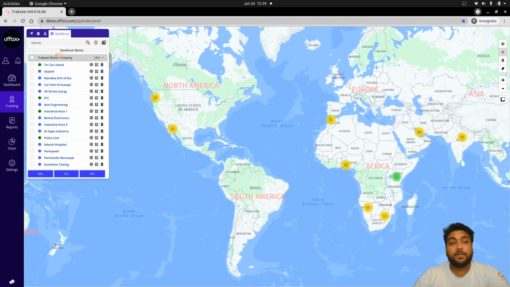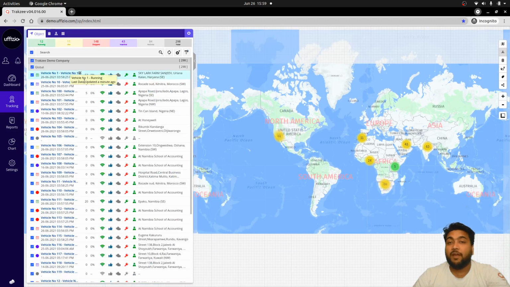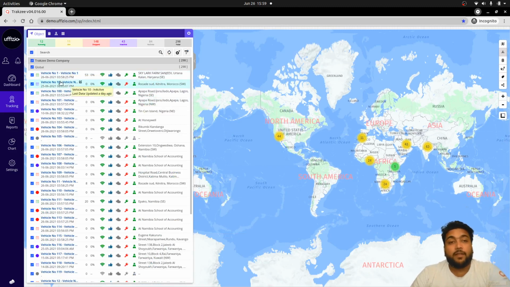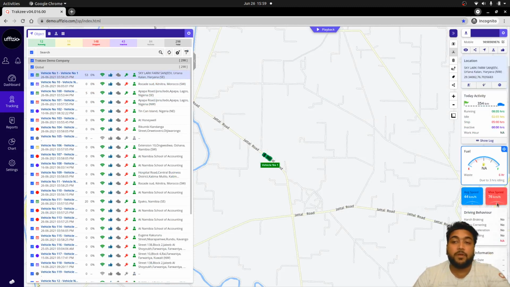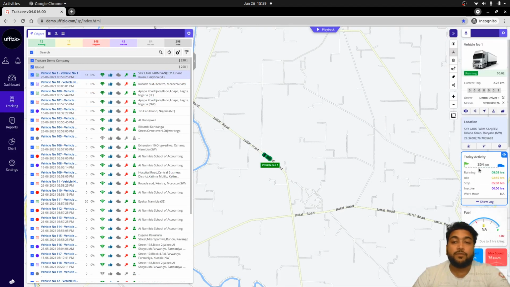Another feature is the geofence, where you can find the total number of geofences that are added in a company, and likewise, you can delete, modify, and add a geofence in the system. Now, apart from this feature, we have other features on the live tracking screen as well. Based on the selection of the object, the tooltip will appear, which will give you the information of the object according to its widget.